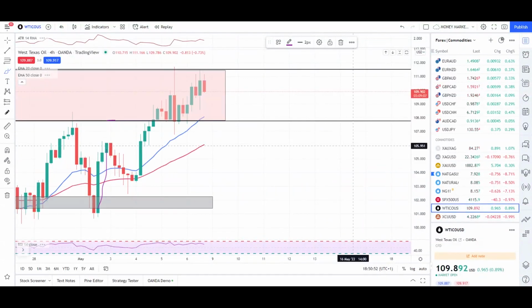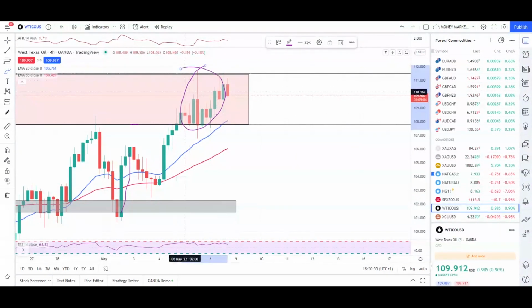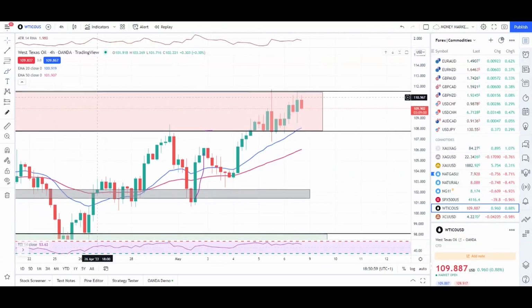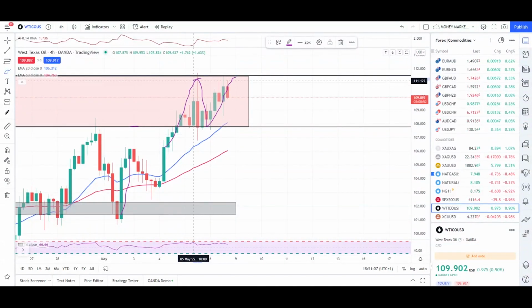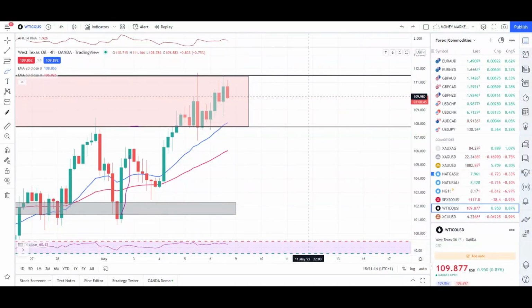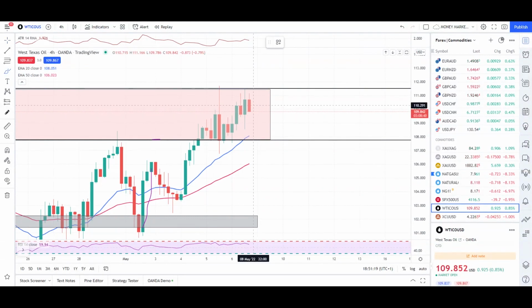So right here on crude oil, I was expecting a nice push down from this candle, which we did not get, of course, but we are still in a level of resistance. Market is still resisting this level, and as you can see, we have still not broken above the previous high. So yes, I'm not looking at any sort of shorting at this point unless I get this candle closes at